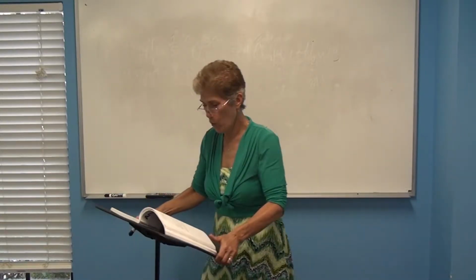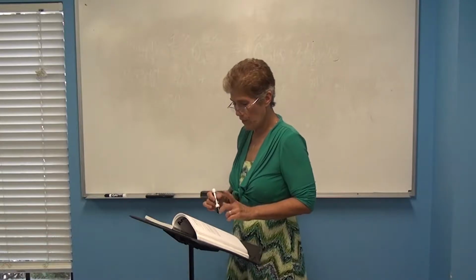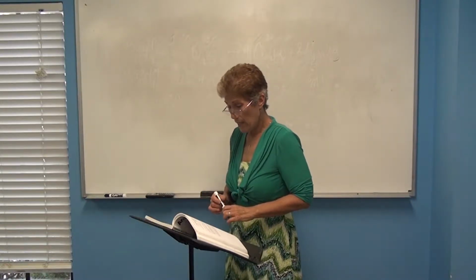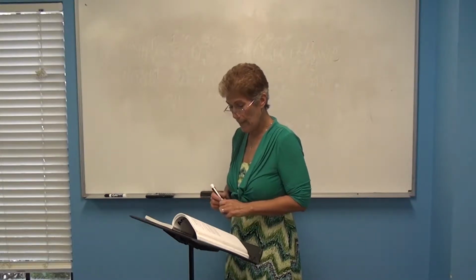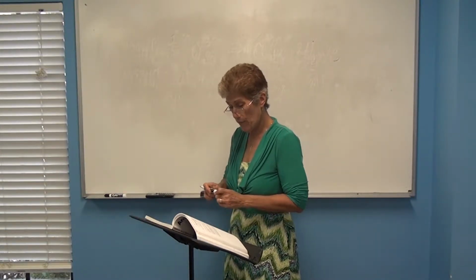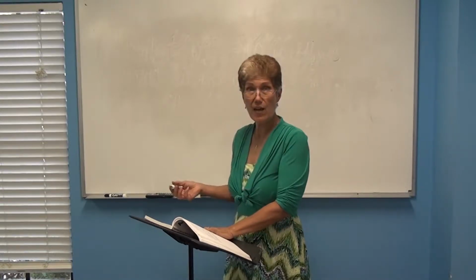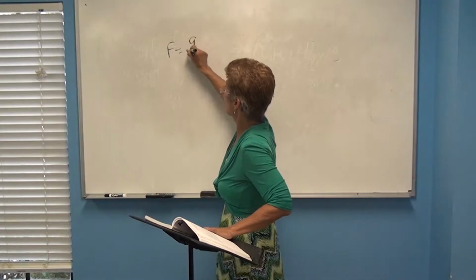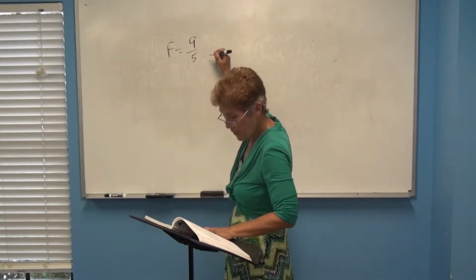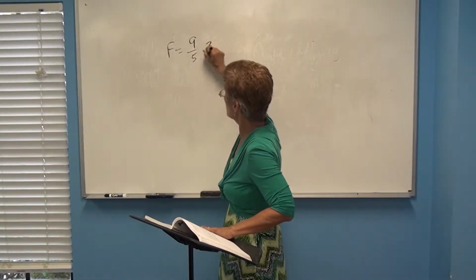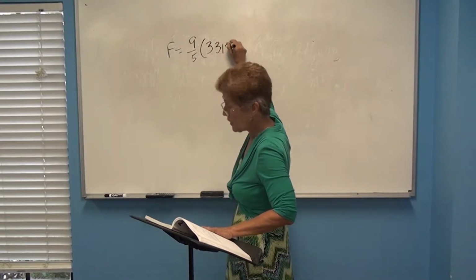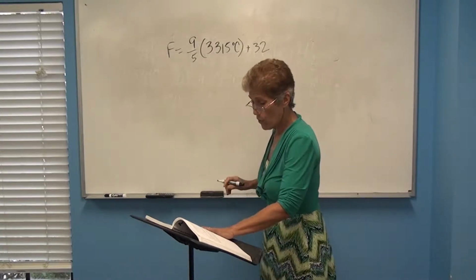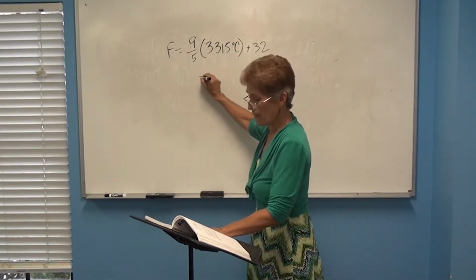The melting point of gold is 1,945 degrees Fahrenheit, while its boiling point is 5,173 degrees Fahrenheit. Is it a solid, liquid, or gas at 3,315 degrees Celsius? So you need to find out how many degrees Fahrenheit that is. So once again, here's our Fahrenheit equals 9/5, and we're going to put in here our 3,315 degrees Celsius plus 32. And so when you do the math, you're going to end up with